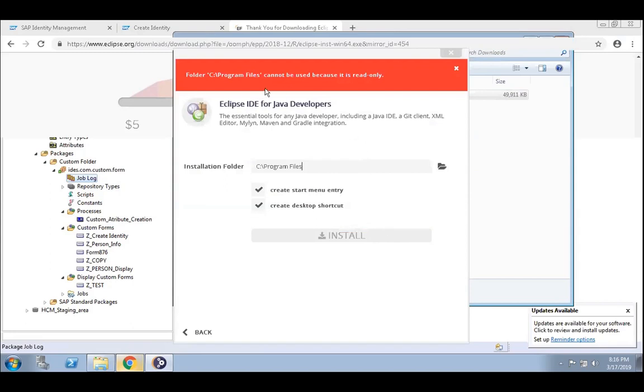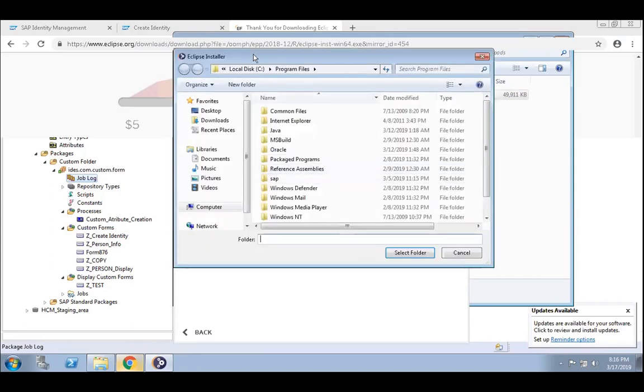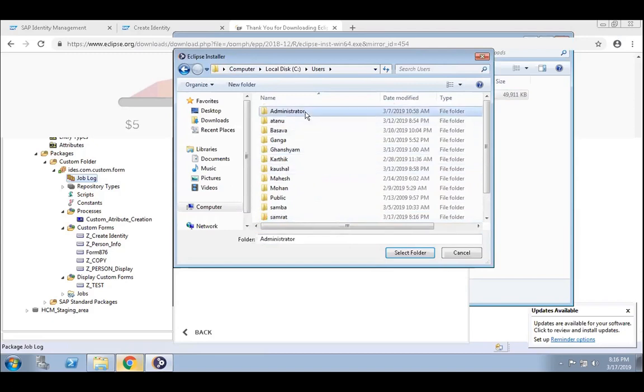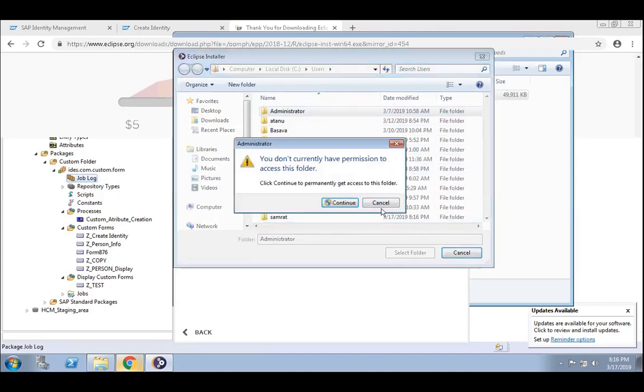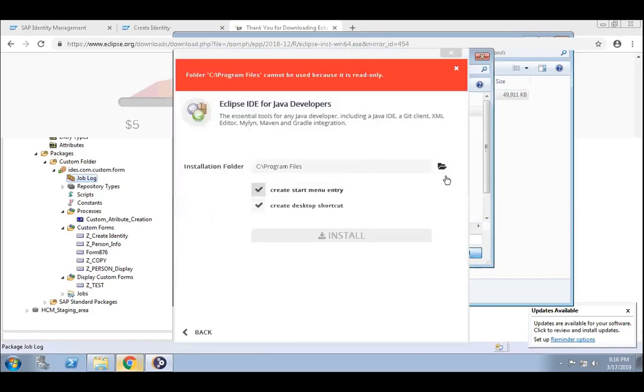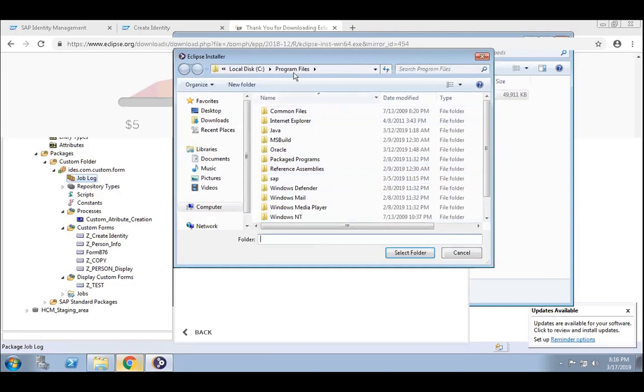Or no, create, because it is read-only and it cannot be used. Okay. Users, give administrator. Or continue with your own. Don't worry, it will be better like that. Go back.